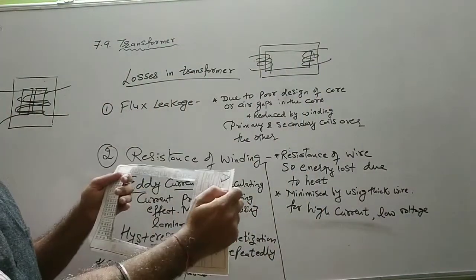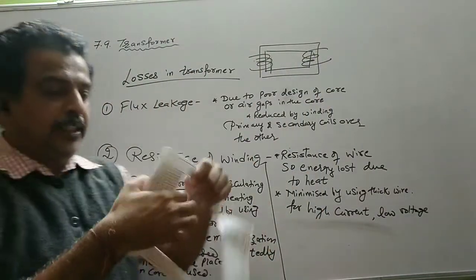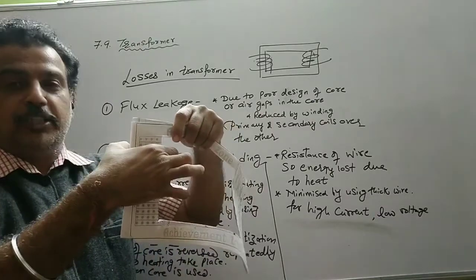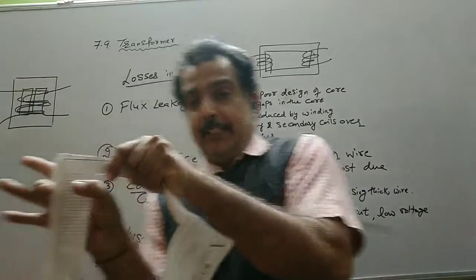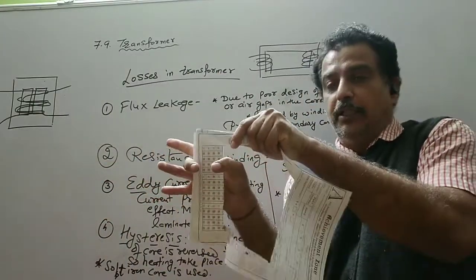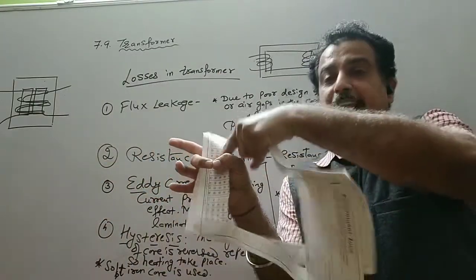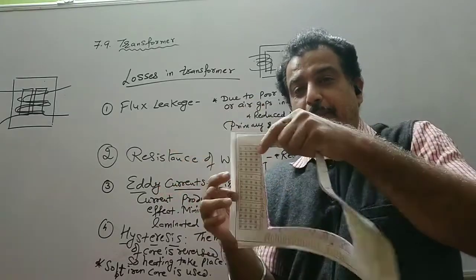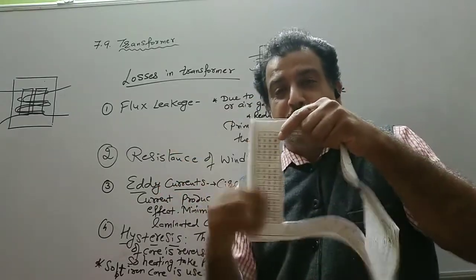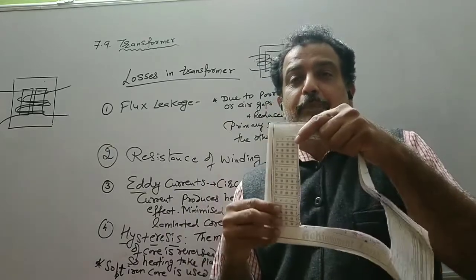Now it may be possible that this wire wound consists of a gap. It should be tightly wound. It should not be loosely wound like this. There should not be an air gap. So if there is an air gap, there is a possibility that this soft iron core is not magnetized.